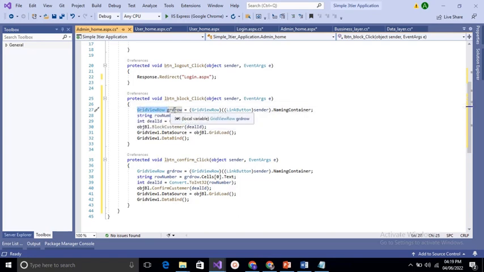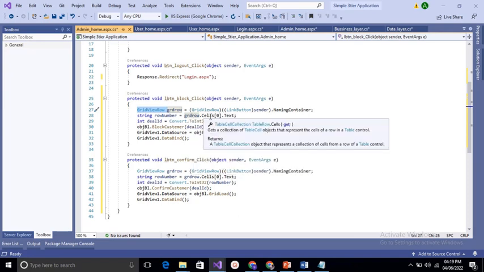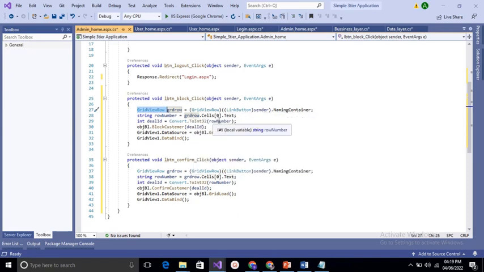For that, GridViewRow grdRow is equal to GridViewRow, LinkButton sender dot NamingContainer. String rowNumber is equal to grdRow dot Cells[0] dot Text. Here we get the corresponding cell. Then that cell value is converted to an integer, and the integer variable dealId stores the corresponding user